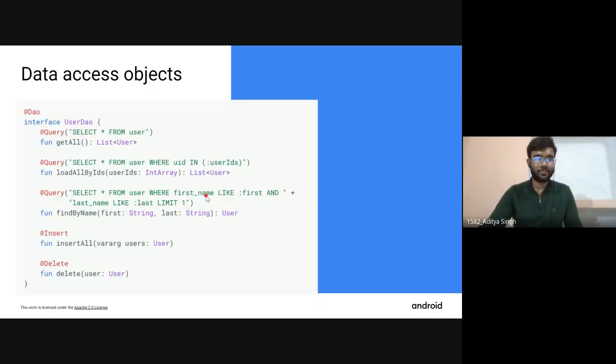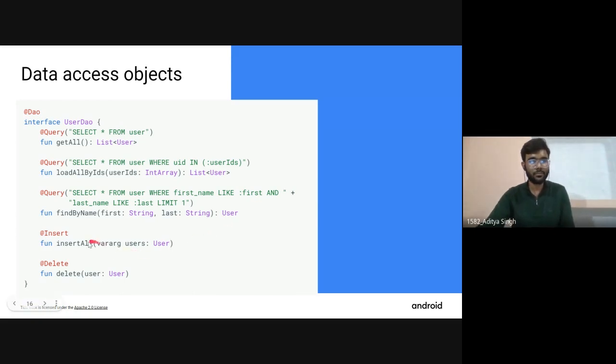In the third one, we are searching the data on the basis of first name and last name, and we have limited the output to one. This limit 1 means it will only give you one output. I mean, it will send you the first match only, no matter how many names with the given first name and last name are present there. It will only return one data or one row, you can say. So we are passing our first name and last name as function arguments, and it is returning only one data. So we don't need to use a list this time. We can simply write User here, which is our model class.